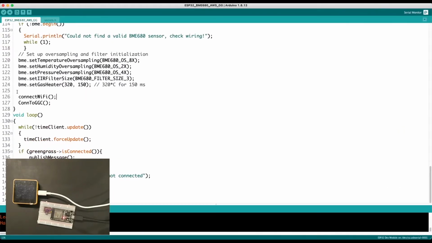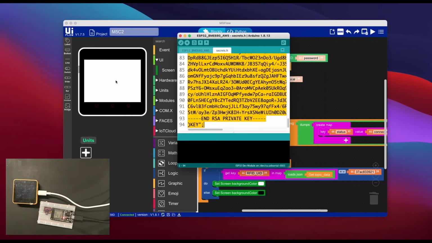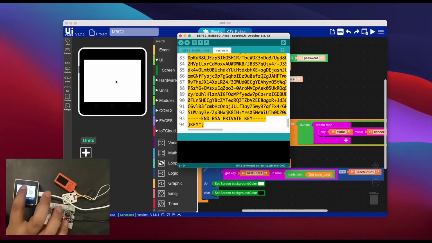Okay, now that this is working fine for us, let me close this, and I will also change the program for this another M5 stick C. Go to flow.